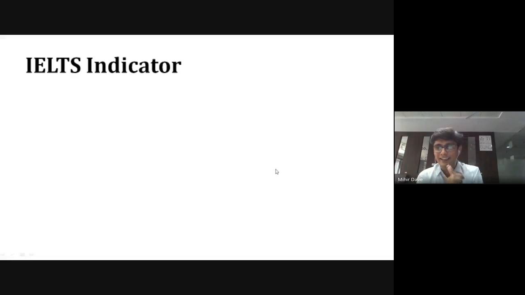About IELTS indicator. It was actually an online platform, free of cost for all students, where they used to offer it, and they were improving it technically to make it error-free, to make it as real as it can become on an online platform. They were very close to it, but they were not planning to replace the actual IELTS with it.